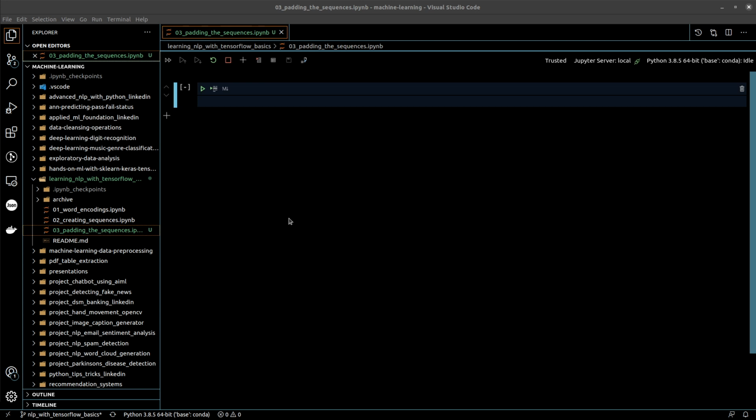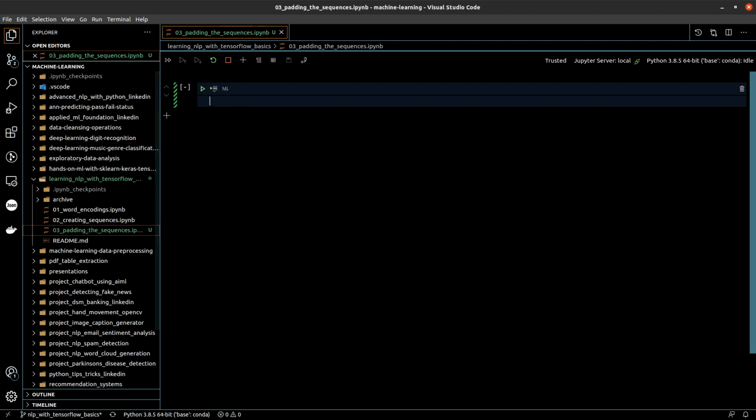But the problem is that the sequences that get generated are not of the same length, and when we use them as input for our model, it will be much better if all the sequences are of the same length. To achieve that, we use something called padding. Padding helps transform the sequences so that each sequence is of equal length. There are APIs already built into TensorFlow. More specifically, under preprocessing sequences, there is a pad sequences function that we can directly use to perform padding.